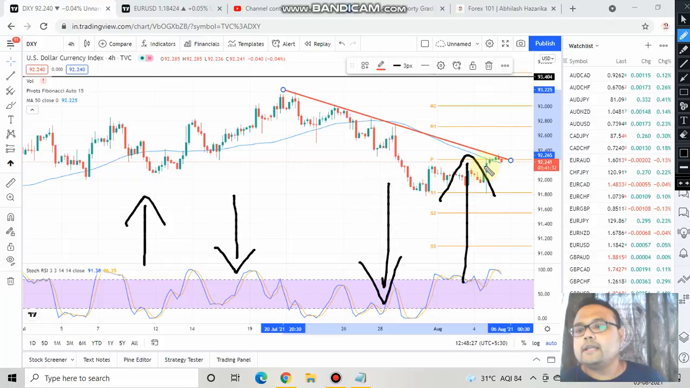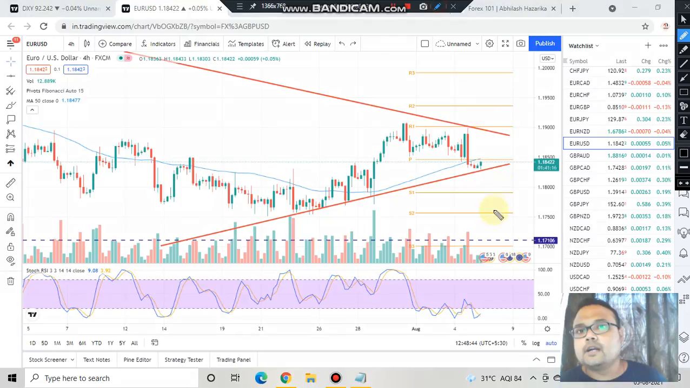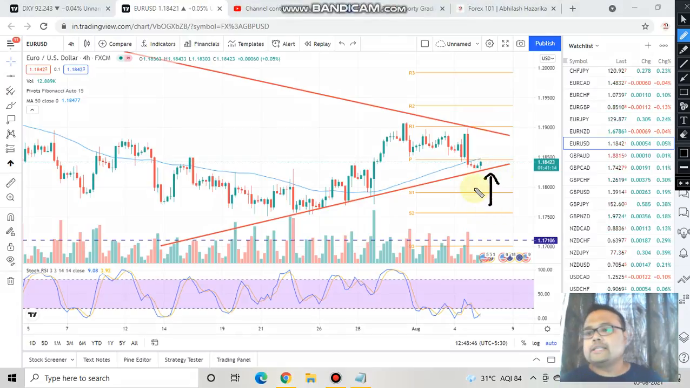And right now you can see that the dollar is facing resistance from this trend line, and there is a possibility that the US dollar will be going down. And if the US dollar starts going down from here, then definitely Euro USD will start going up from here. So considering these three possibilities, there is a possibility that the market may go up from here. Therefore, you can go for a buy here, but I will request you, my dear friend,